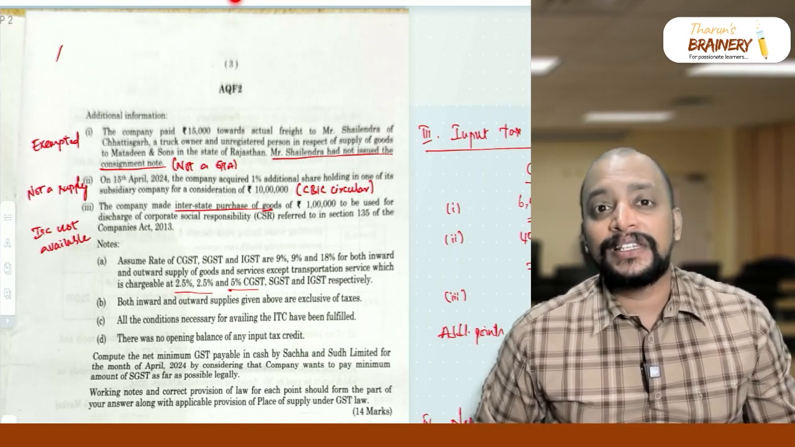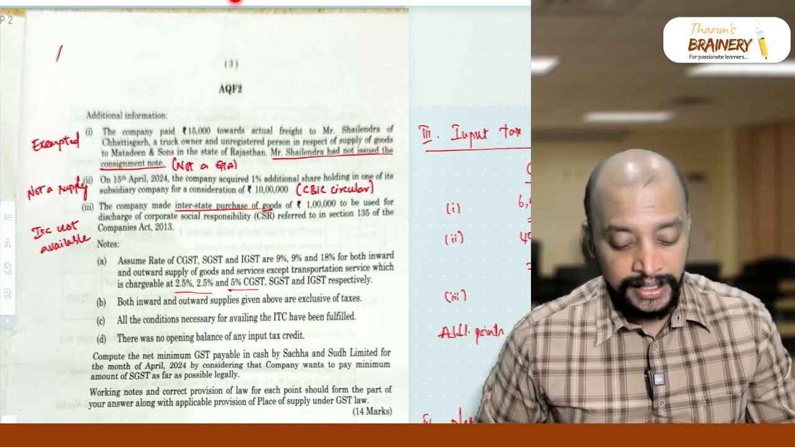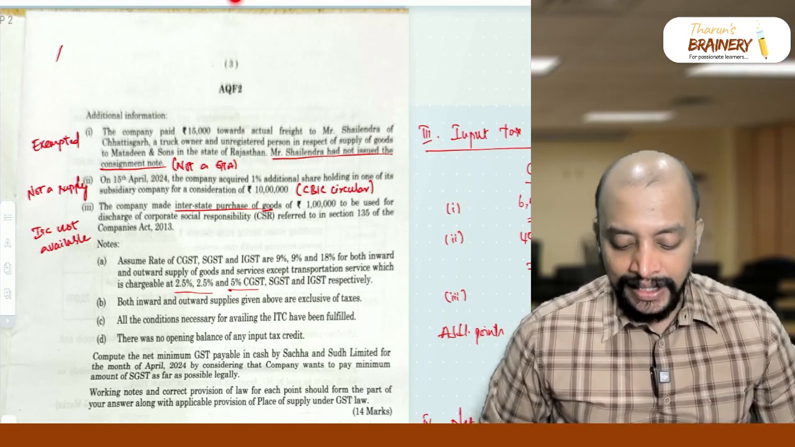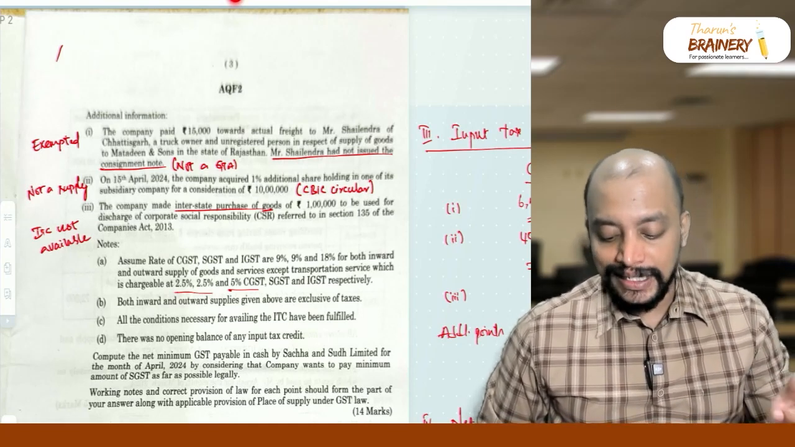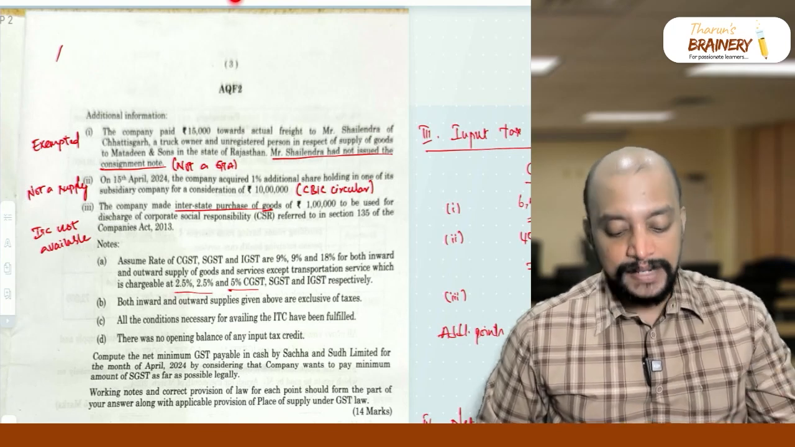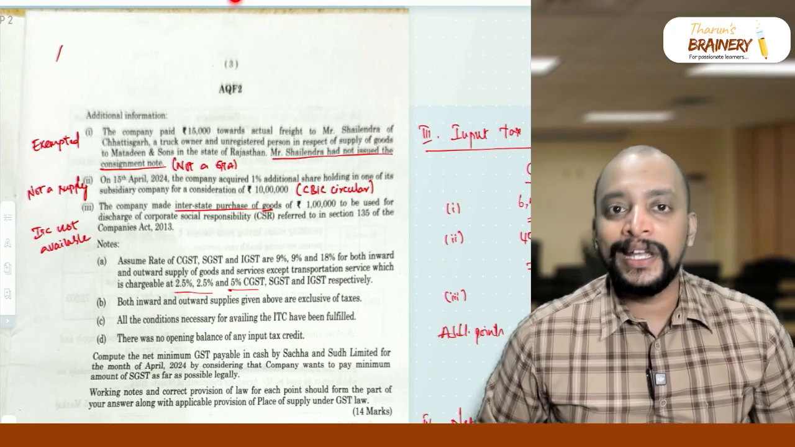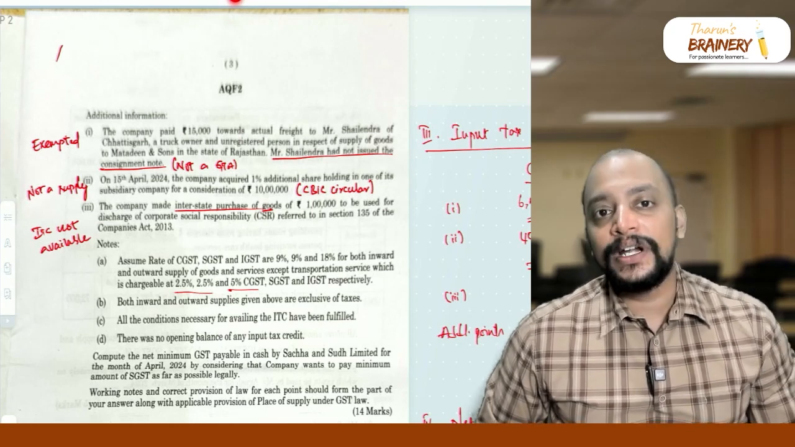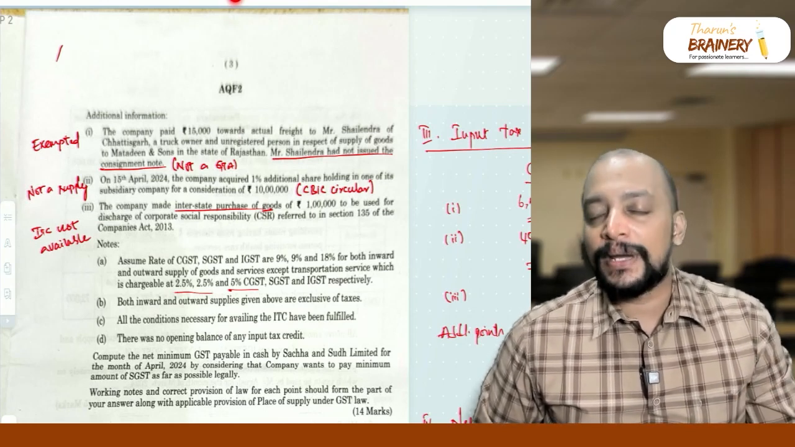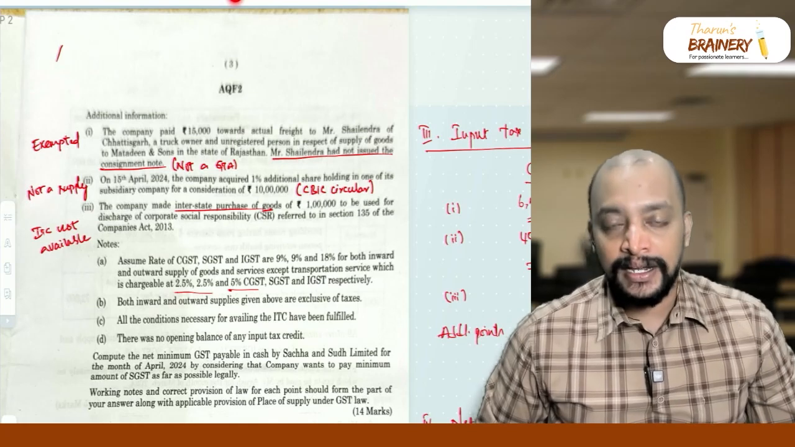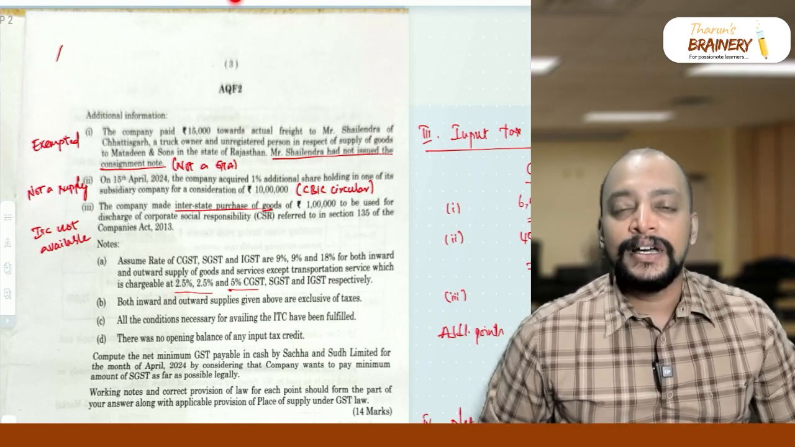So transportation other than GTA, courier agency, is exempted. That is about this. On 15th April, the company acquired 1% additional shareholding in one of its subsidiary companies for a consideration of 10 lakhs. So acquisition of shareholding, as per the CBIC circular, holding the shares in a related company by holding company and subsidiary company